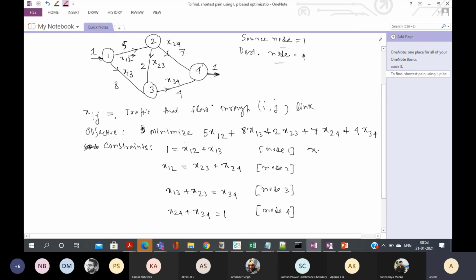So from equation 2, x13 by making a subtraction, 2 minus x23. x34 is there, x24 is there. Let's try, I don't know whether I will get it. So x34 is equal to x13 plus x23.